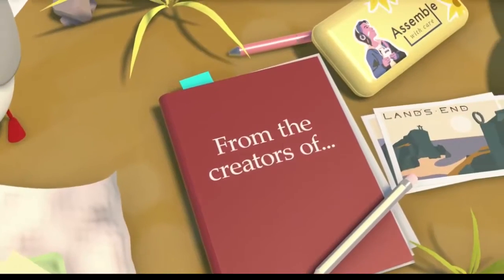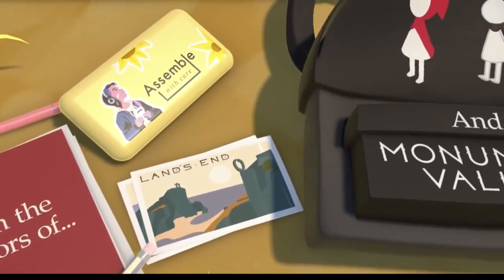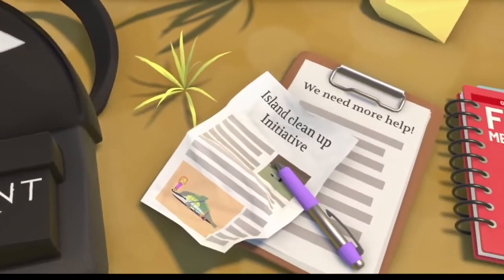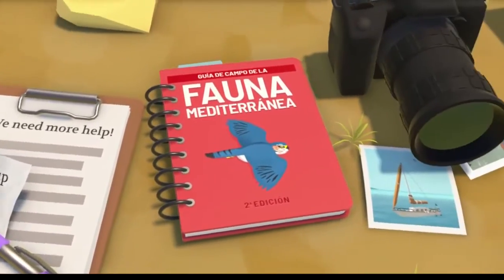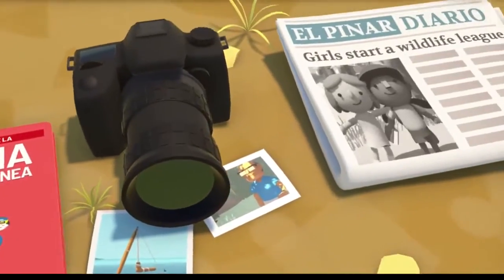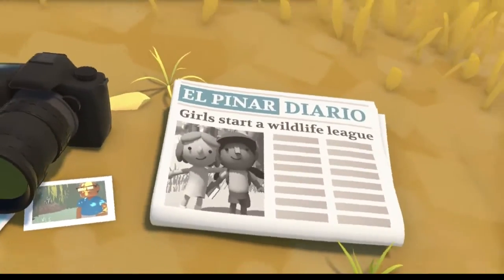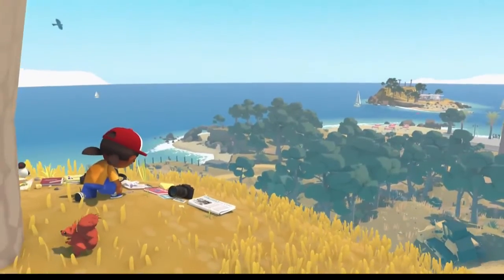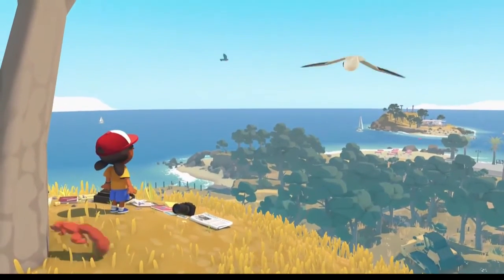Alba: A Wildlife Adventure. Alba is a fun and relaxing adventure game about a little girl who visits her grandparents on a Mediterranean island. During her stay, she witnesses an animal in danger and decides to get involved with wildlife and environmental preservation. You'll explore the island's beaches, forests, swamps, and even an ancient castle, searching for volunteers and taking